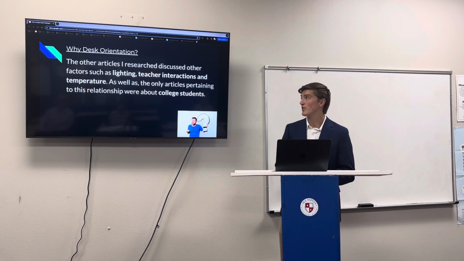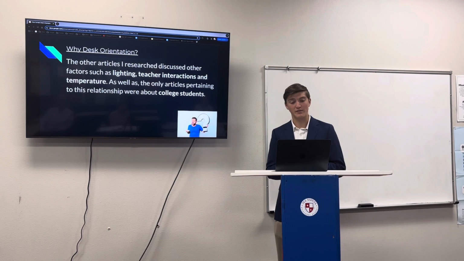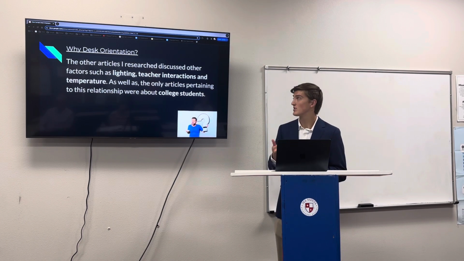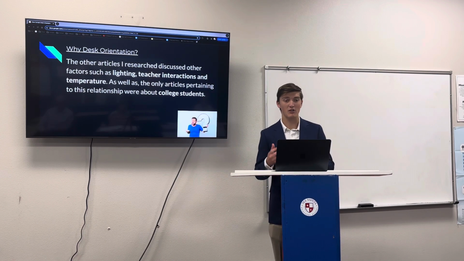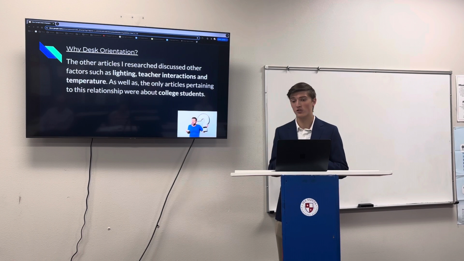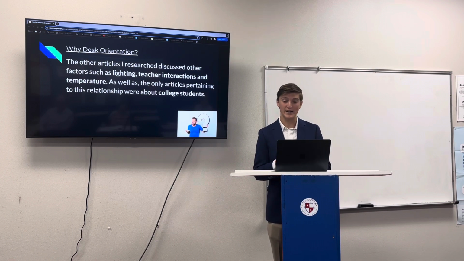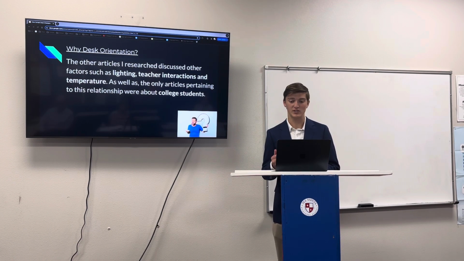So why desk orientations? The other articles I researched discussed other factors such as lighting, teacher interactions, and temperature. As well, the only articles pertaining to this relationship were about college students in a college lecture environment. So I decided to research the relationship between desk orientations and student productivity in order to fill this gap within